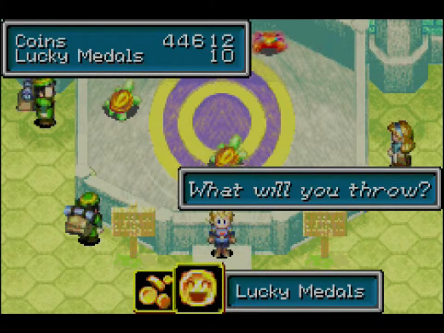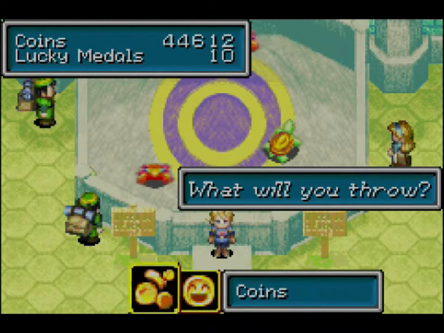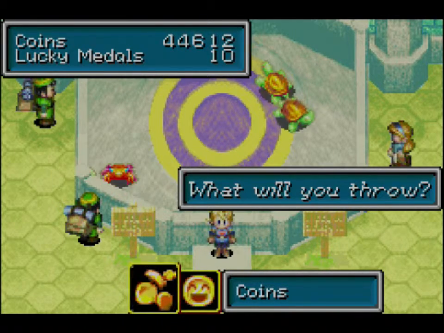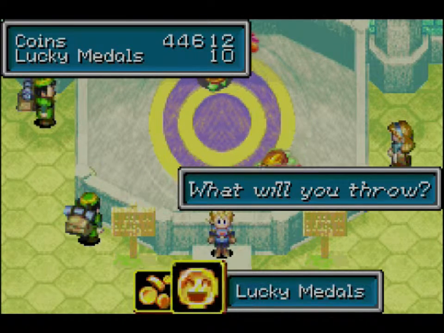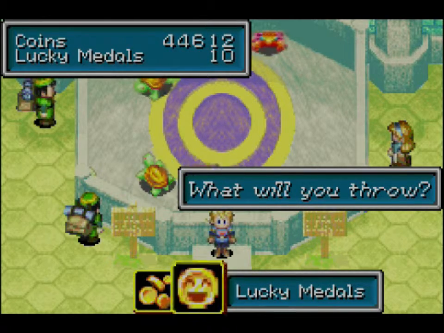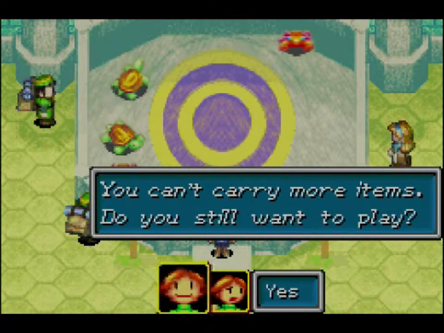Luckily, I can actually get it even if I manage to land my lucky medal outside of the ring, but of course the chances are smaller. So I'm going to show one throw, and then I'm going to save and cut back to when I actually get the Assassin's Blade. So if you just press the button, actually we have